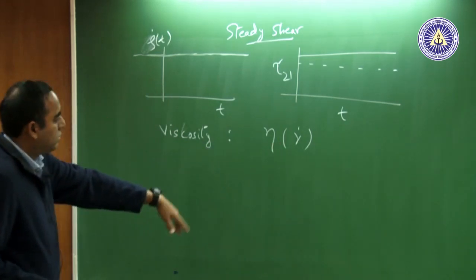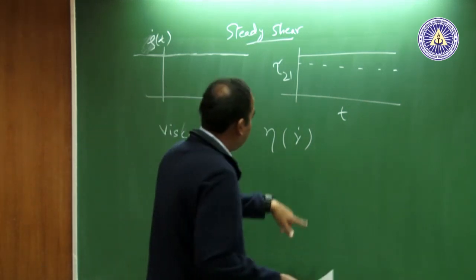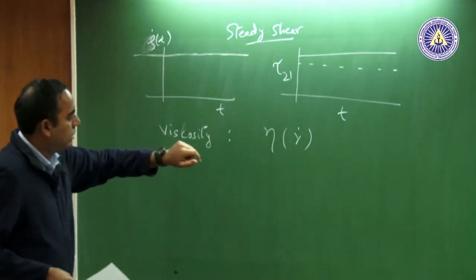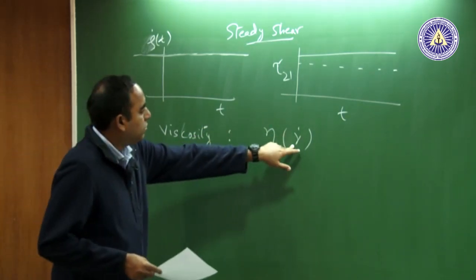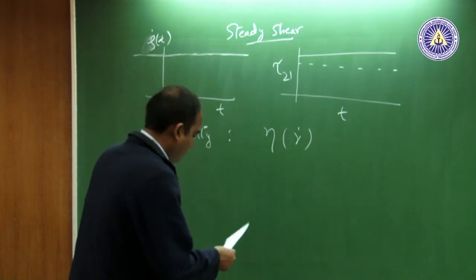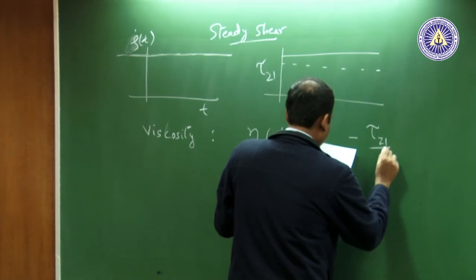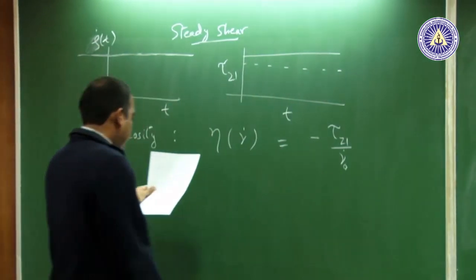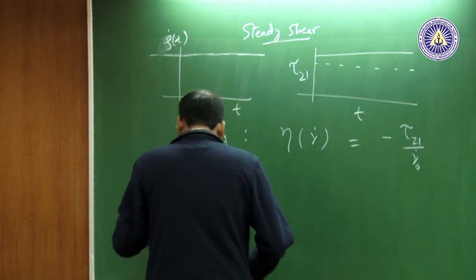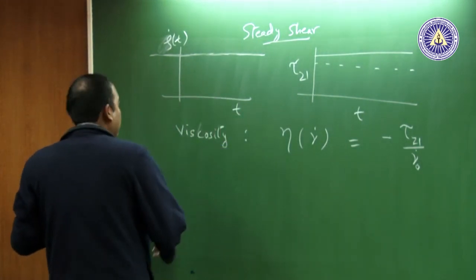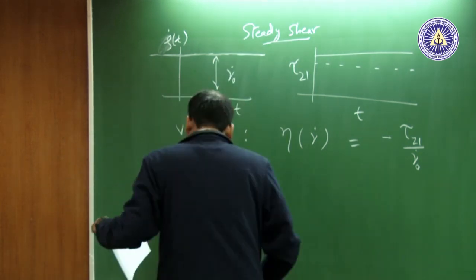Gamma dot is the magnitude of the rate of strain tensor, which, because it is a shear flow, I am just denoting as gamma dot, a shear rate. But remember, it is the magnitude of the rate of strain tensor for the flow that you impose. Gamma dot 0 is just the shear rate that you impose. Gamma dot 0 is this guy. So, essentially what I can write